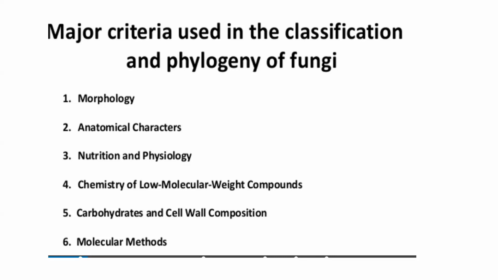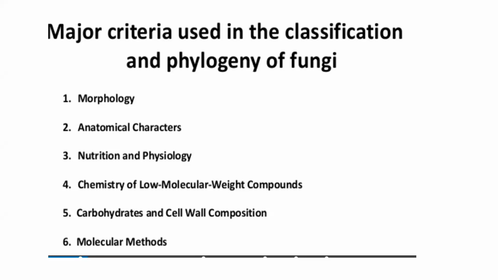So some compounds will be present only in certain fungi. For example, penicillin is produced only by Penicillium. Penicillin is not produced by Aspergillus. So when you see such compounds being produced by this class of fungi, you can classify them based on the taxon they belong to. So depending on the kind of chemical compounds that are produced by a particular group of fungi, you can use it as a classifying criterion. This branch of taxonomy is called chemotaxonomy.